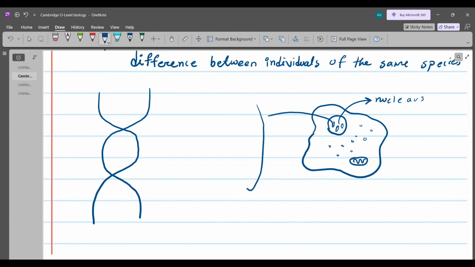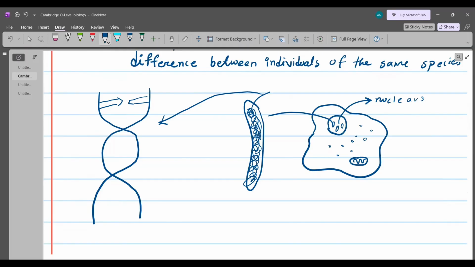If I draw a chromosome, inside it there is a strand, and this strand is known as DNA. A part of this DNA strand is what I drew here, a double helix structure, which I will explain later. Now, about the structure of DNA: